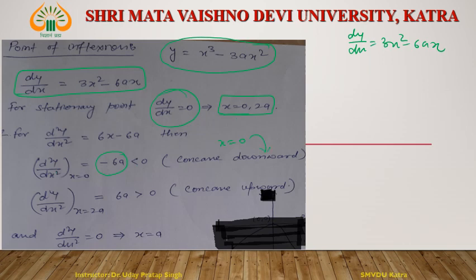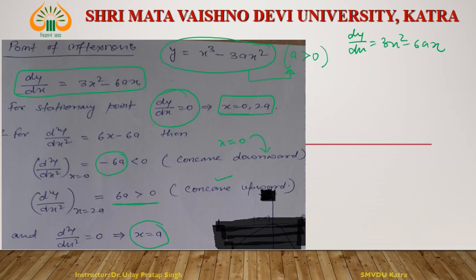Okay. And d2y by dx2 at x equal to 2a is 6a. Then the function is concave upward since this derivative is greater than 0, and here assume that a is greater than 0. In this equation of curve a is greater than 0, it is given. And if d2y by dx2 equal to 0, this implies that x is equal to a.